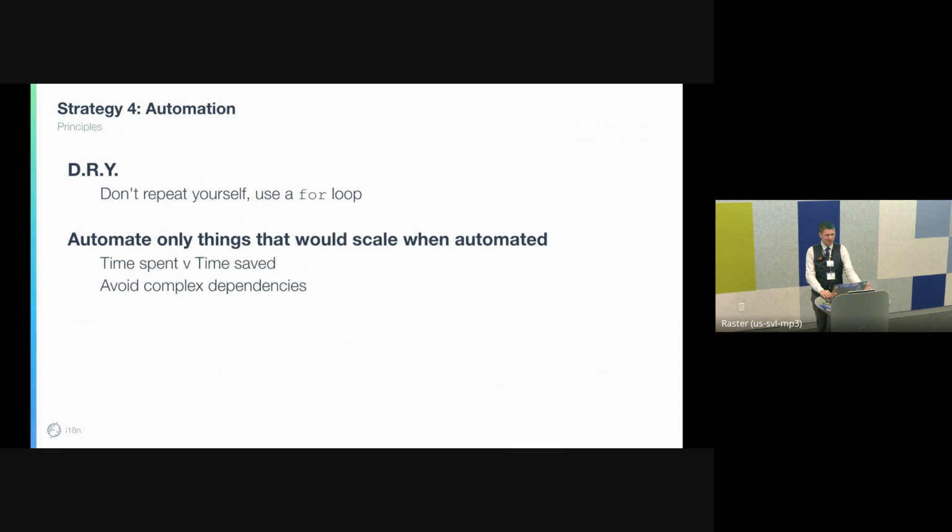But also, something I like to do is we have a Q&A where people ask us questions in the INTN team. When someone asks me the first time, I write out the answer. When someone asks me the second time, I'm like, I'm not writing this again. I try to find ways to save myself time, so I'm not doing it time and time again. And similar to tooling, make sure you only automate things that will scale. The time spent doing the automation, is that time actually saved? And avoid complex dependencies. We've had ideas to automate things, but then we've had to update the automation because, oh, this constraint happened, or this country has a specific rule, and then suddenly this automation is no longer actually saving us time.